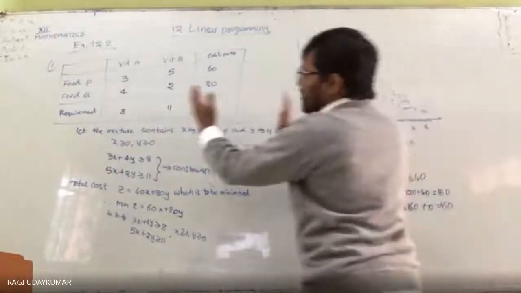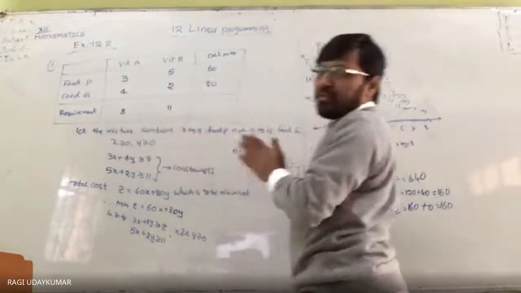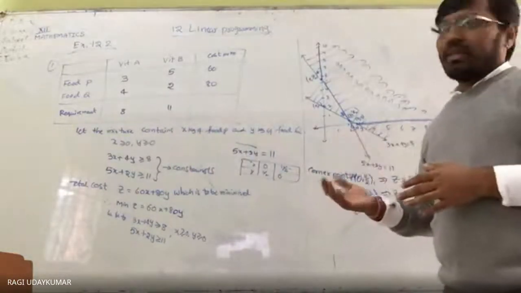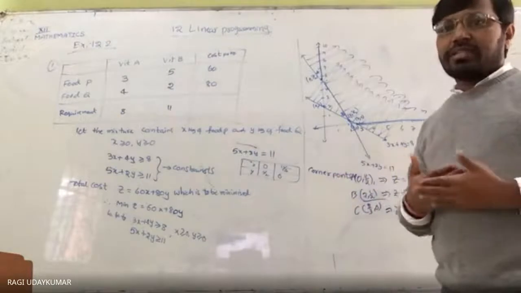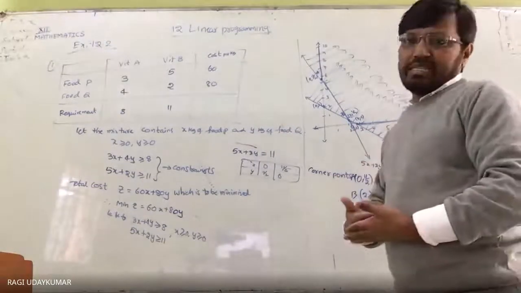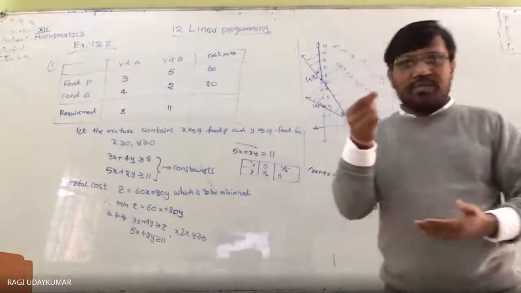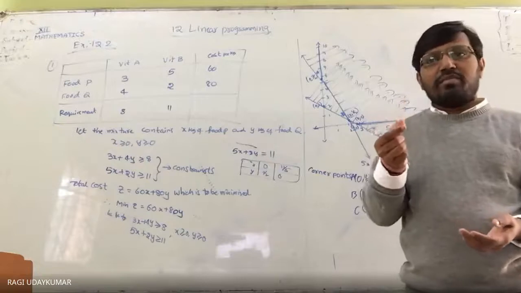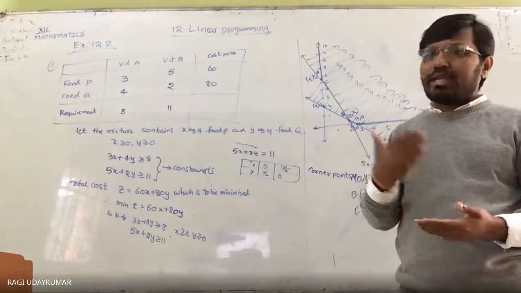Suppose your graph paper is on this side; mostly the graph paper will not be like that. The graph paper comes at the last, meaning in your answer scripts, the graph paper will be given to you on the last pages. So a booklet of answer sheets will be given to you. In the final board examination, there will be a booklet, so the graph paper will be included in the sheets only.